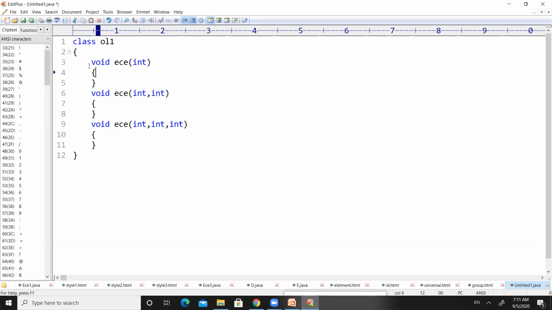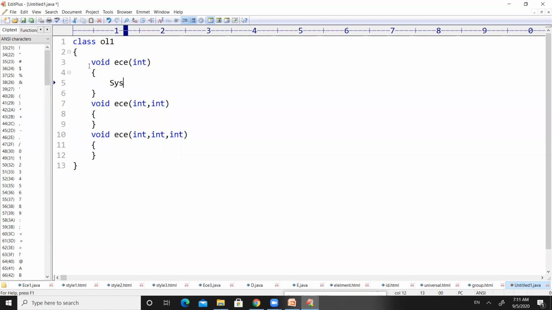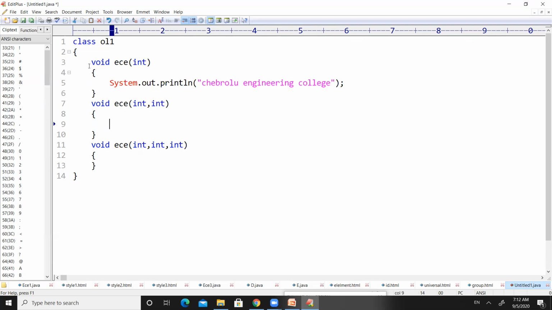For example, here I want to print our college name. Inside this method, I want to print the branch name.